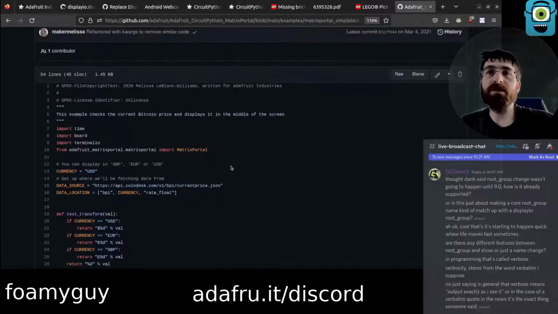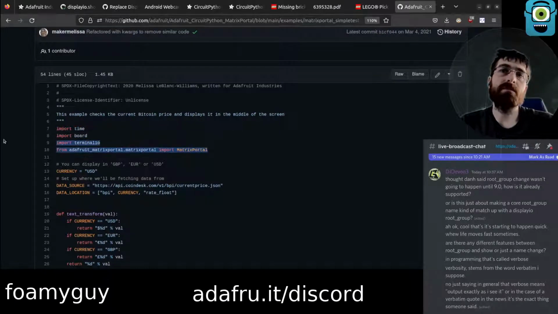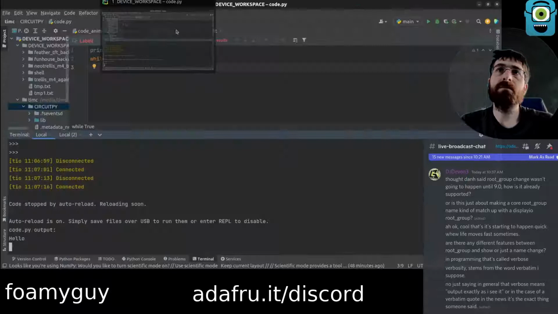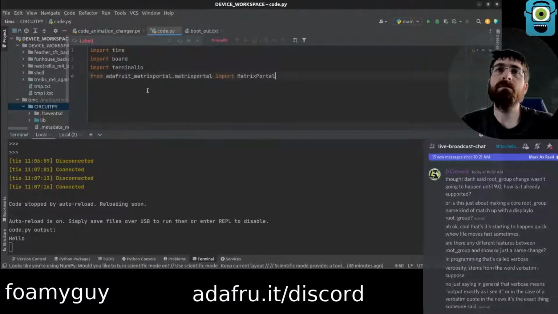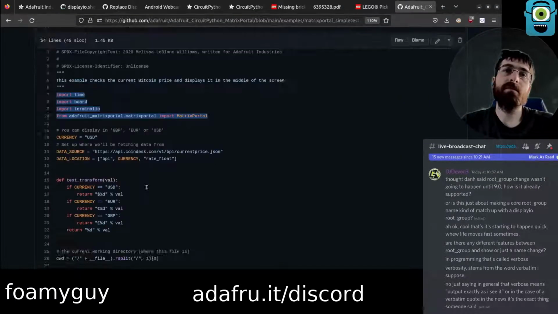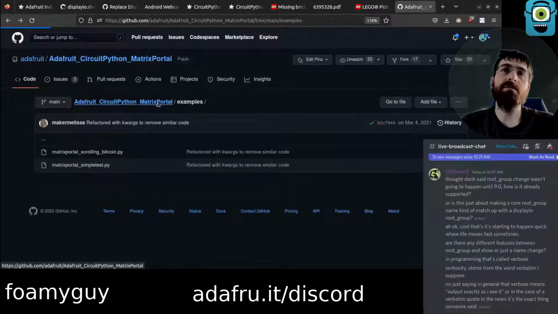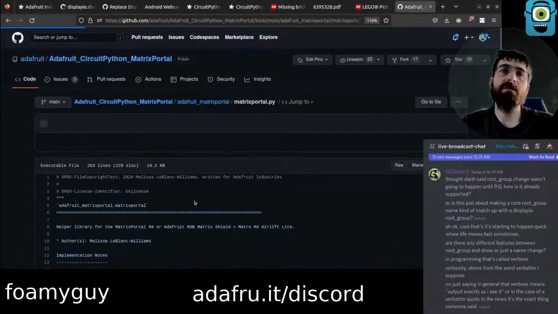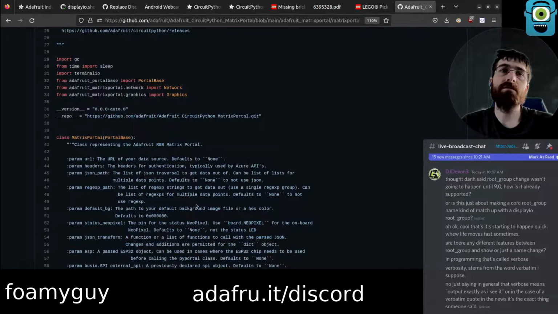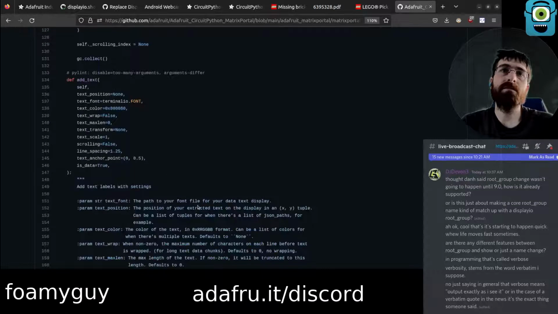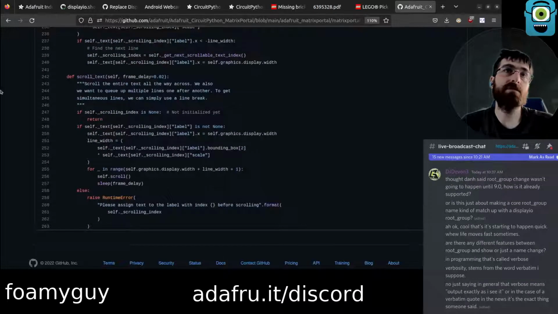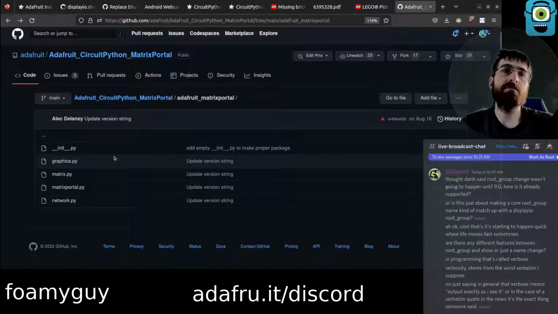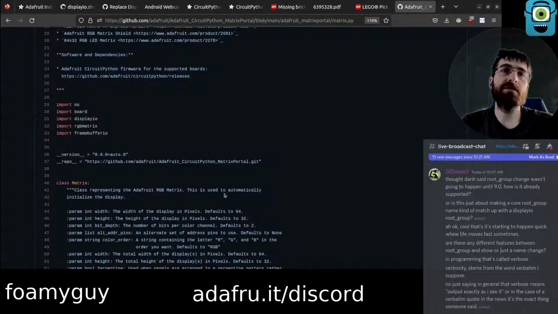Should make a more basic simple test. I think it should have like a display object. On peripherals? Peripherals as matrix.